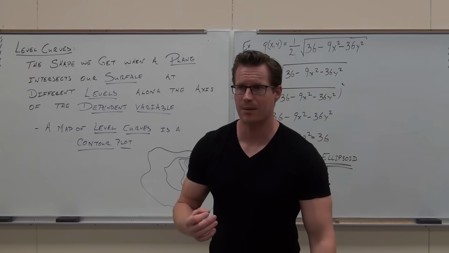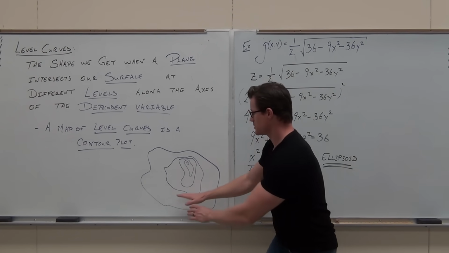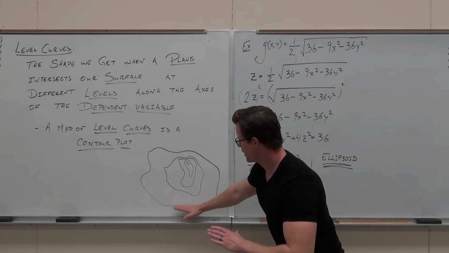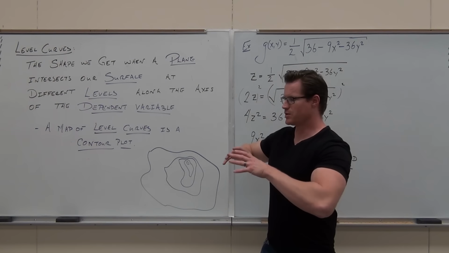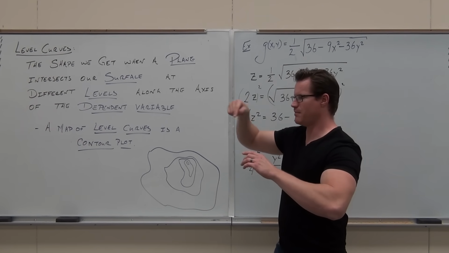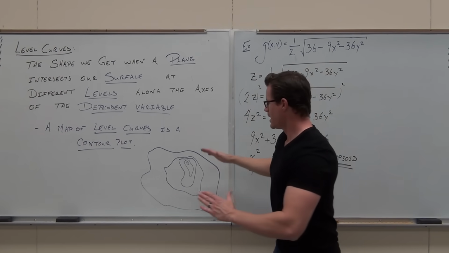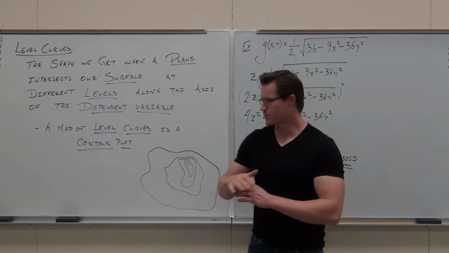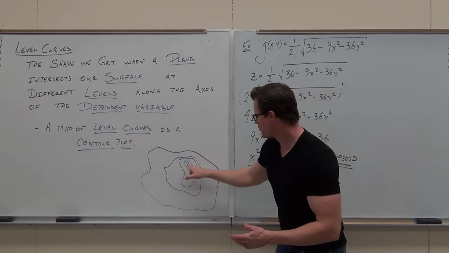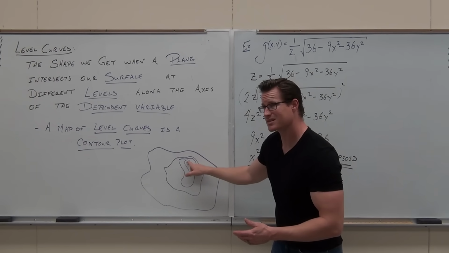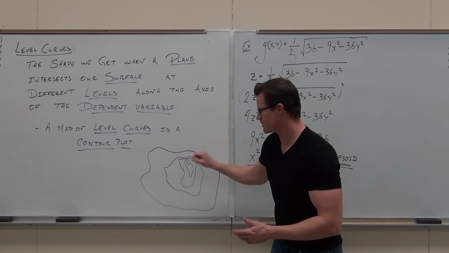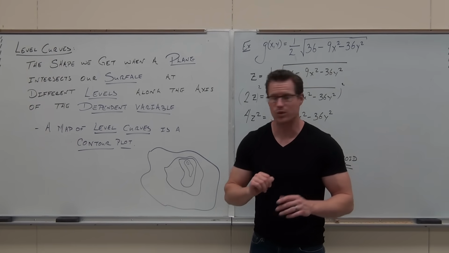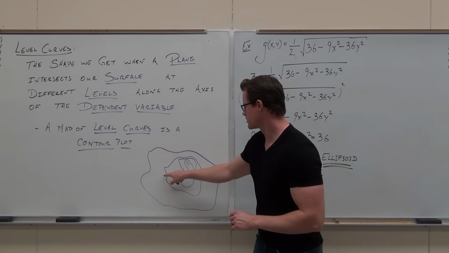That is a contour map. This is from the bird's eye view. If you went up 100 feet, and 100 feet, and 100 feet, you're getting a map of the mountain at each level. The closer these lines are together, the steeper your surface is. The further apart, the less steep it is. So the quickest way from here to here would be right up the steepest side of the mountain. That'd be the fastest. The easiest way would be a path of